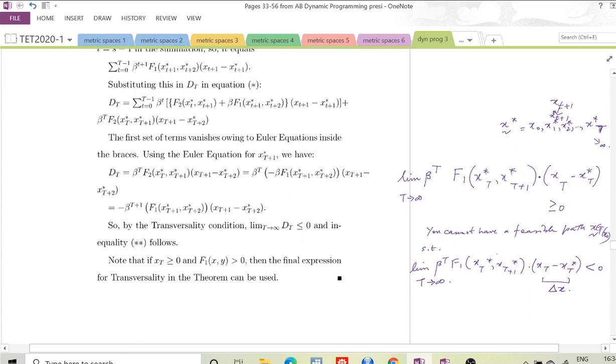If you could make this limit negative, that's saying that in the far horizon you can vary your capital stock so that when you evaluate the value of the capital stock in the far horizon, you can decrease it, right? So what's being said is that the path is optimal because you can't decrease the value of the capital stock in the far horizon. You've already exhausted its value